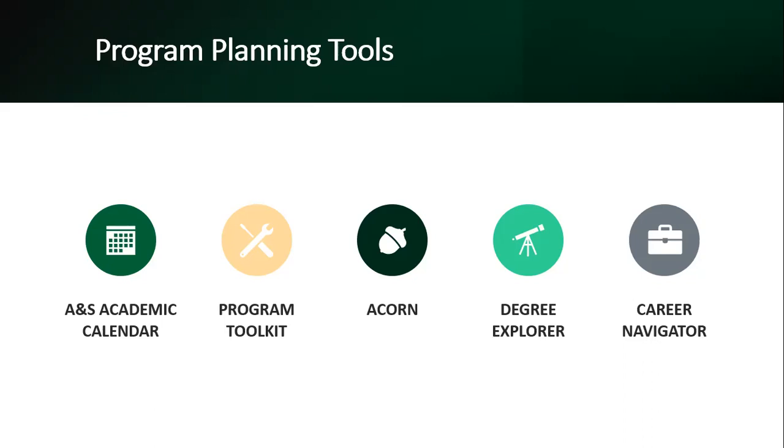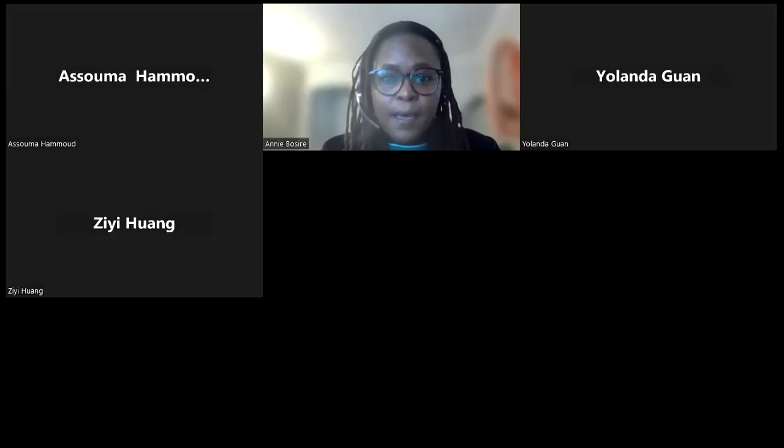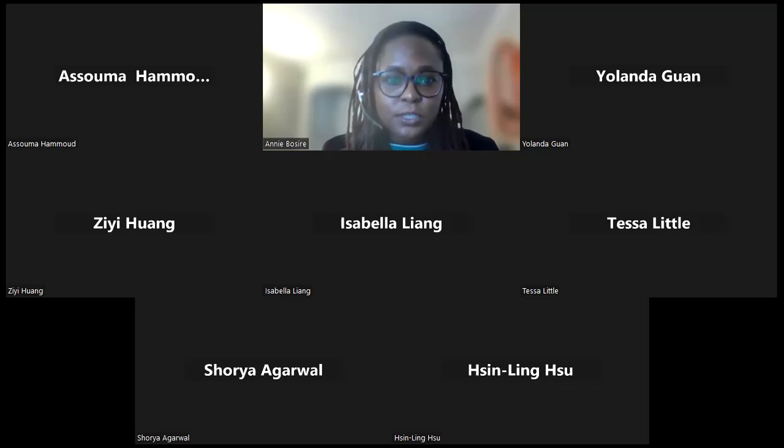And lastly, we'll be looking at the Career Navigator. This allows you to see the different career paths that previous alumni have taken and some of the professional programs that they have chosen to take when they decided to pursue graduate school. It is such an amazing reference tool, especially for students who are not sure how their degree will work out for them, including the skills they'll get. So I'll go ahead and show you those tools that I was just referring to.